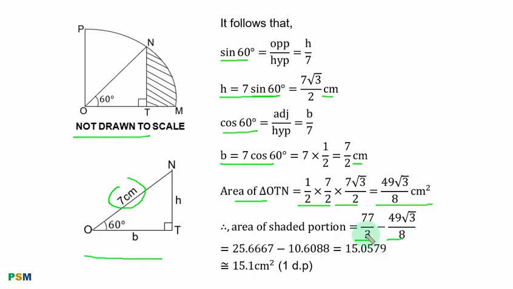If you convert both fractions to decimal fractions, you have this result. After subtraction, you have this. To one decimal place, the area of the shaded portion is approximately equal to 15.1 square